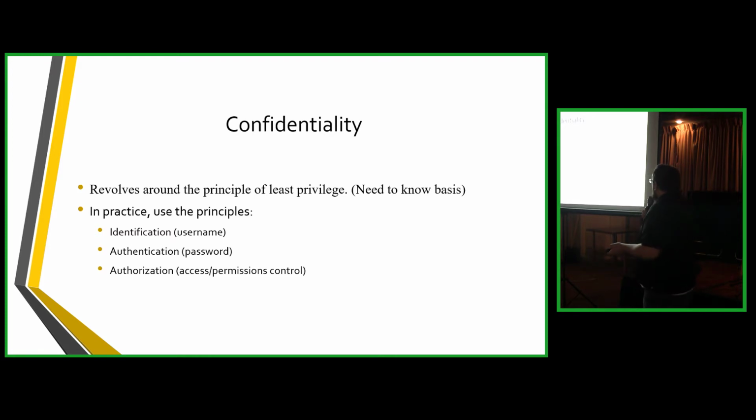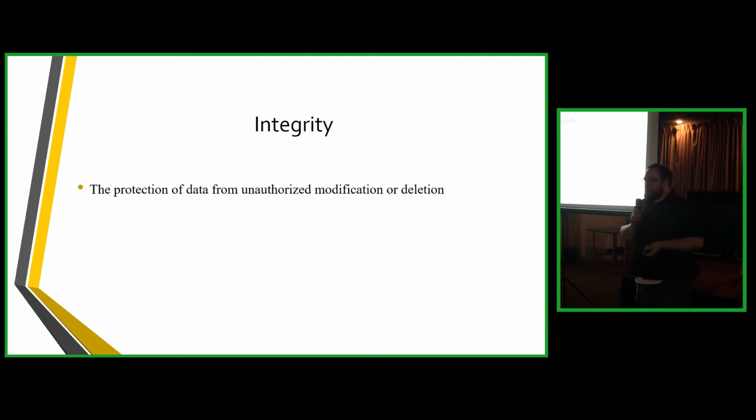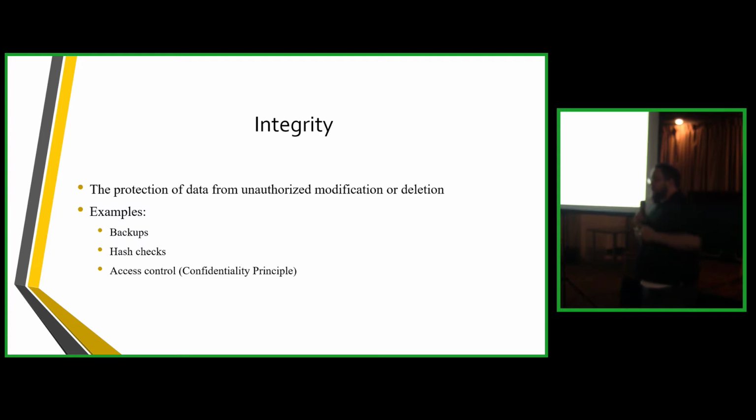So if we're going down the line, next is integrity, and it specifically revolves around data integrity. That means making sure your data is unchanged by unauthorized users, whether that could be an act of God, say a server gets struck down. If you don't have a backup, technically data integrity has been compromised. There are a few different ways you can protect it: backups, hash checks, which make sure a file has been untouched or unchanged, and then access control, which comes back to confidentiality, just making sure the correct people have the correct access to your